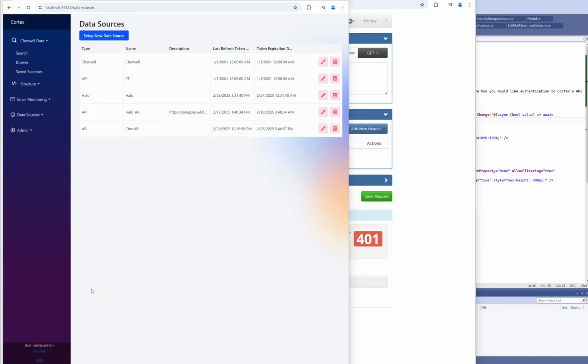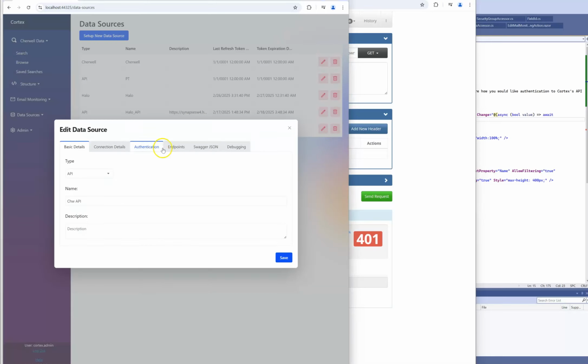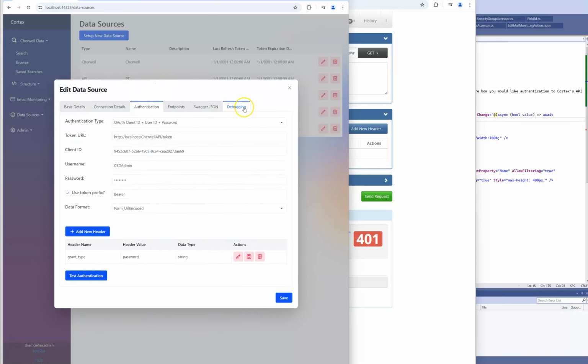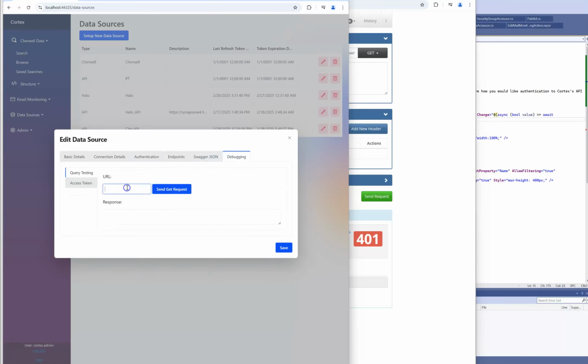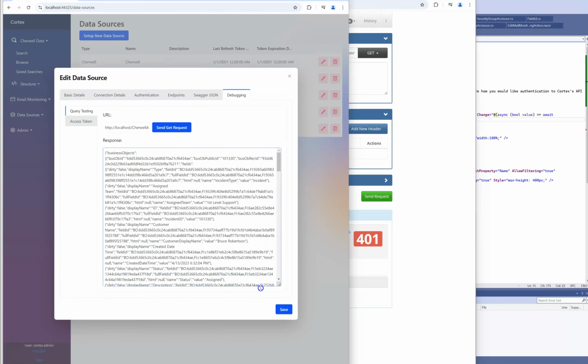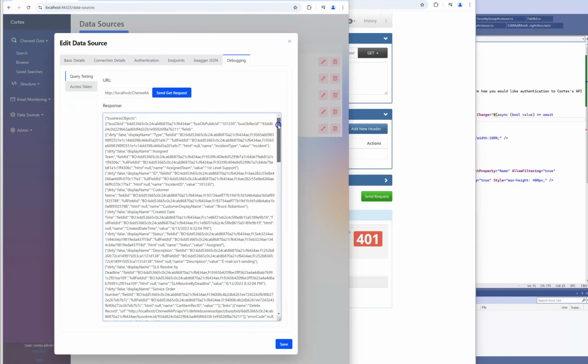Hello, this is Douglas Robinson, and in this video, we're going to be looking at some new API methods that are going to be available in Cortex, which are going to return the same data as a couple of API methods available in Cherwell. So within Cherwell, for instance, if I hook up Cortex to our Cherwell instance and I try to retrieve the value from some saved searches,